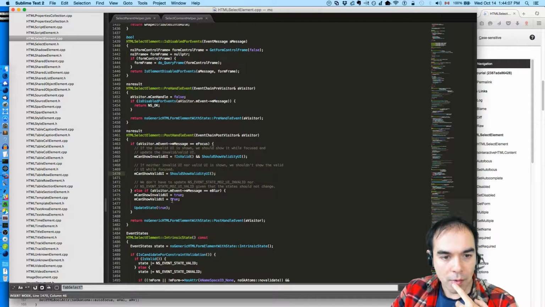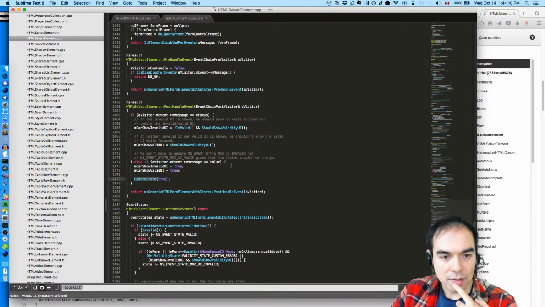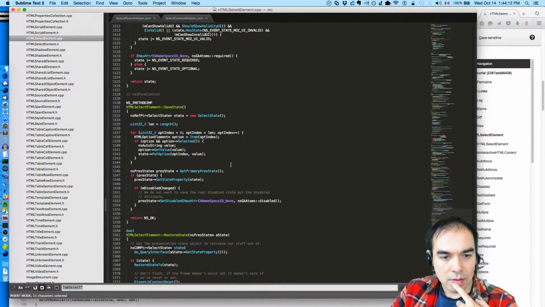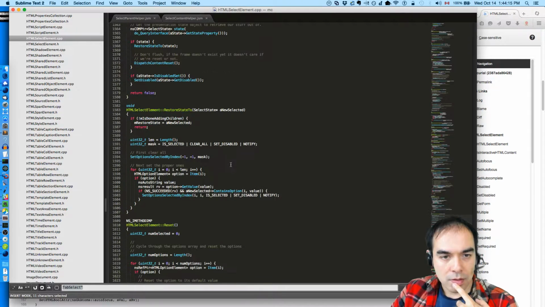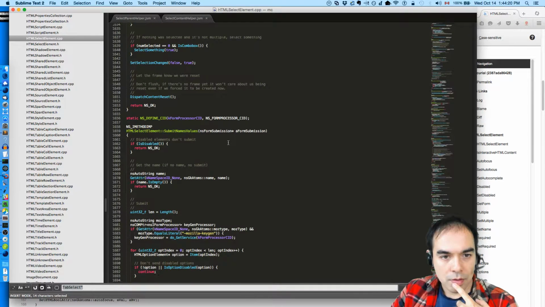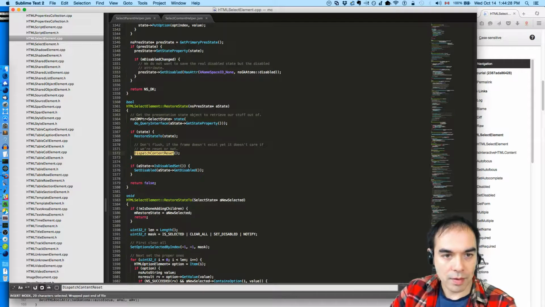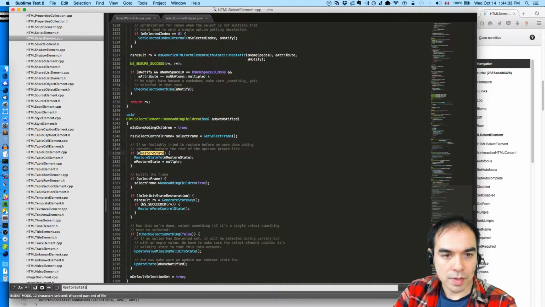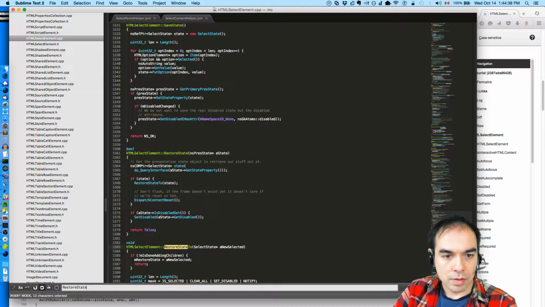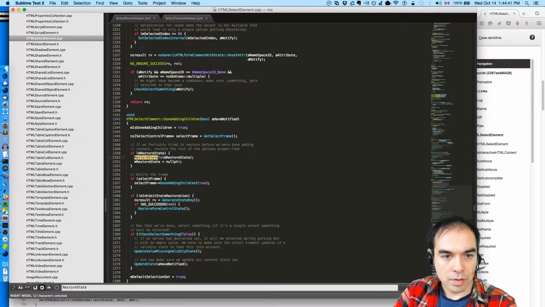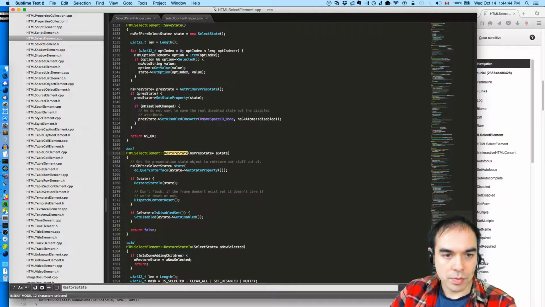Interesting. I wonder if somehow we're not calling update state. Restore state. Dispatch content reset. Who fires that? Restore state. Who fires restore state? Who calls restore state?